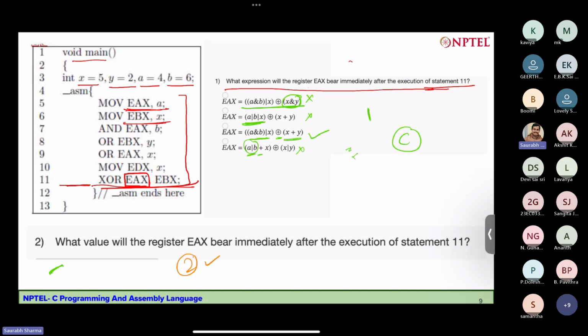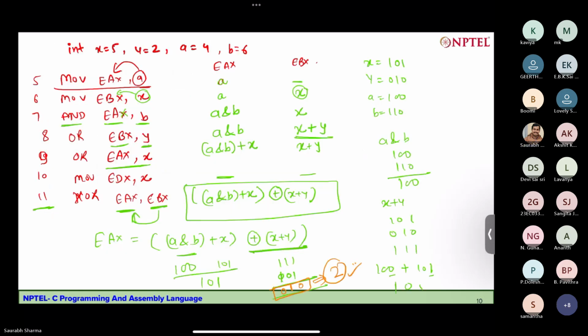It will not be 9, Samantha, because 9 will be like 1001, and we are having only 3 bits. If we were considering 4-bit integers, then it is possible, maybe. Okay,